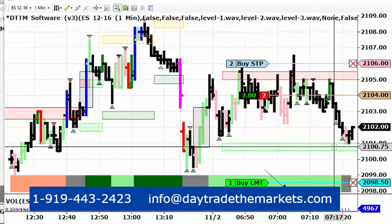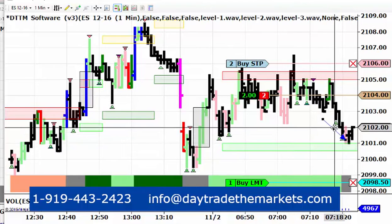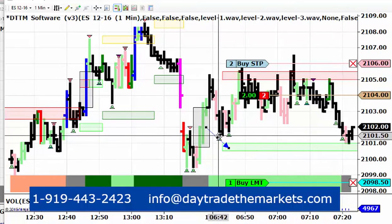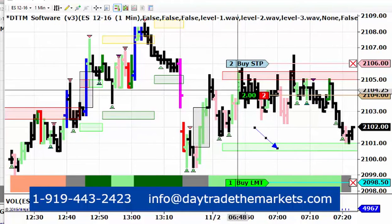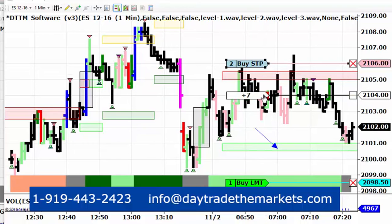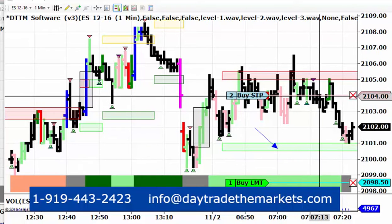Okay, we're starting to get some follow through to the downside. We have reached, as you can see, our first objective, if you will, which is our support area here within the day trade the market software. So I'm going to lower that stop now down to break even,